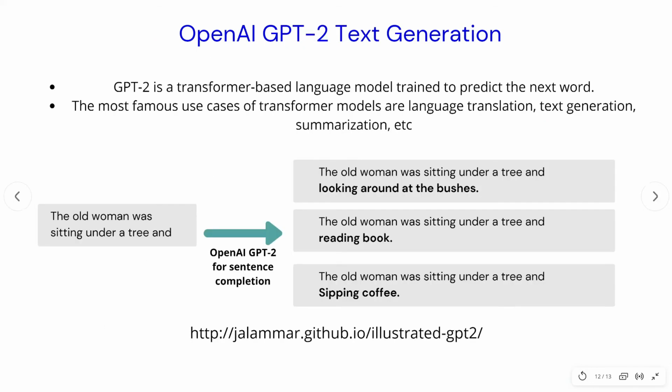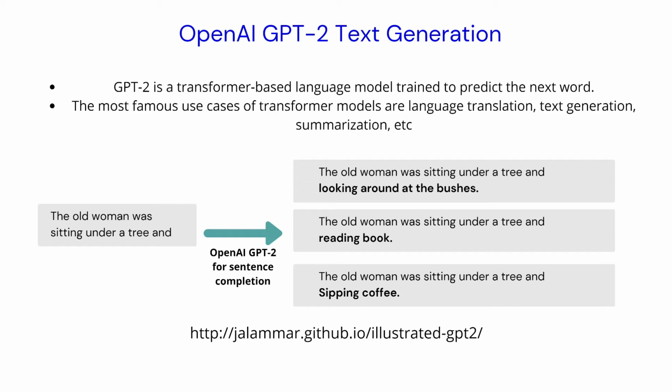Now moving on to understanding GPT-2 just a little bit. OpenAI GPT-2 is a text generation algorithm where you can give an input text and it can generate a paragraph or long form text from that input. GPT-2 is a transformer based language model that is trained to predict the next word. Transformer algorithms are a set of algorithms in natural language processing which are sequence to sequence algorithms, where you give any input text sequence and it is trained to generate an output text sequence.